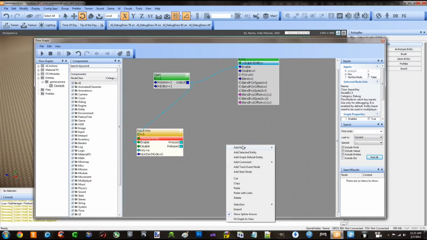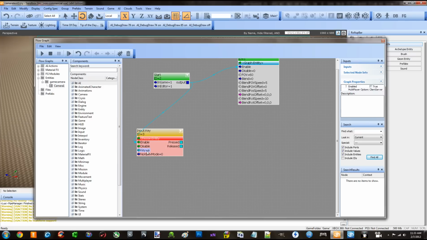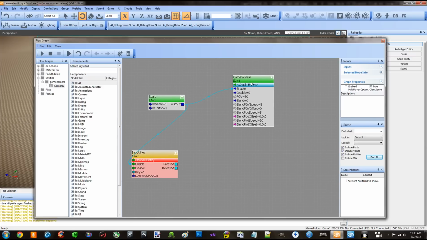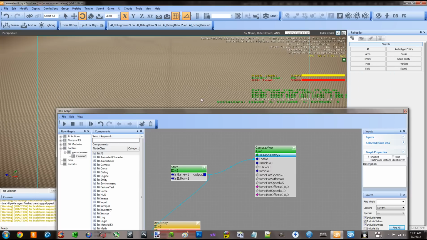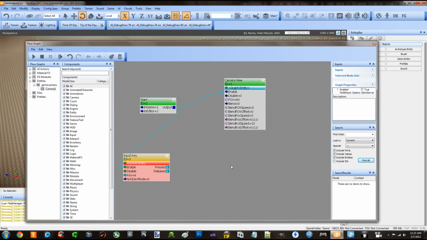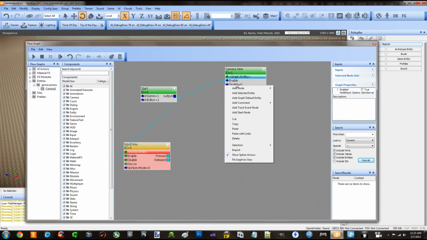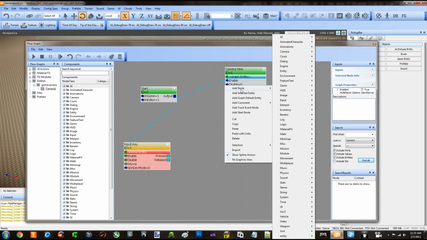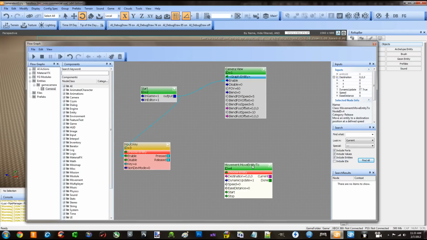Let's go ahead and add a node, because when we're pressing A, we're going to want to be moving this camera, not this node. This node is the entity that's assigned to this node. We're going to want to be moving that camera left on the screen. So we're going to add a movement parameter, which is add node movement move entity to, and the entity we're going to be moving